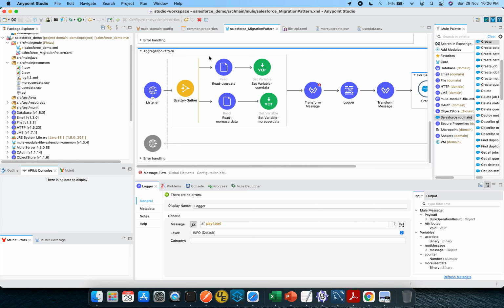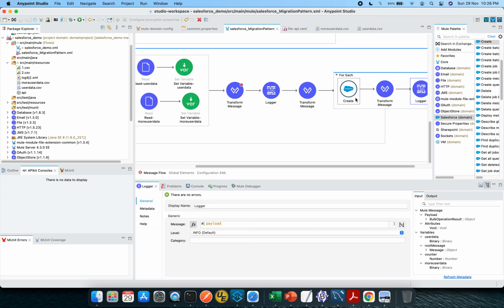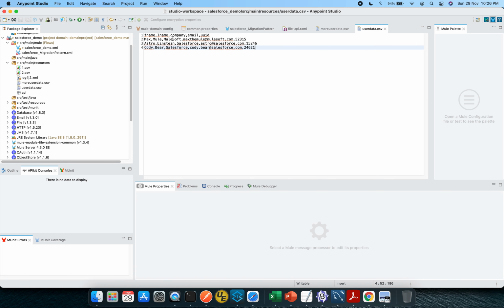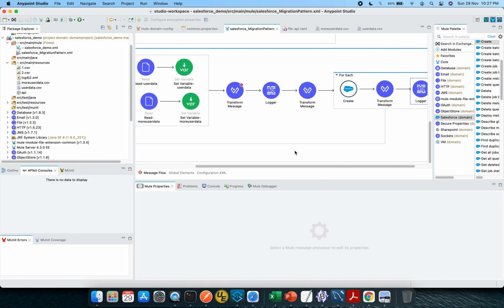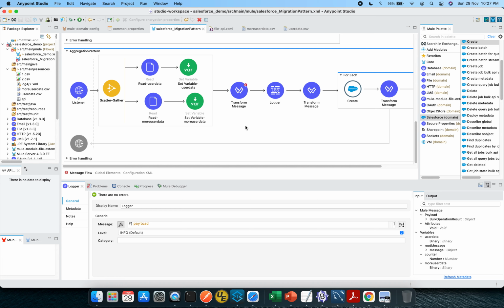Instead of these CSV files, you can have calls to any other systems as well, where you can merge the data and finally make a call to a Salesforce activity. Instead of for each, you can use batch depending upon the number of records, which can make your system much more efficient. But since the count here is not that huge, I thought for each would be a more apt solution in this scenario. But you can refer to this solution or approach in order to create different interactions between systems.